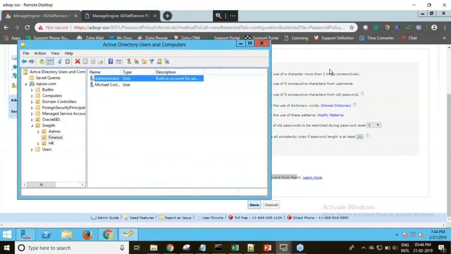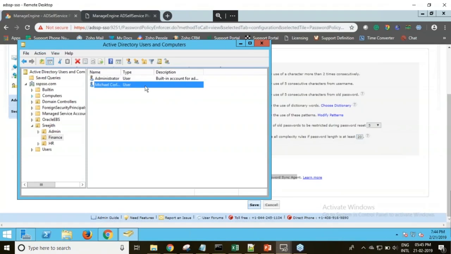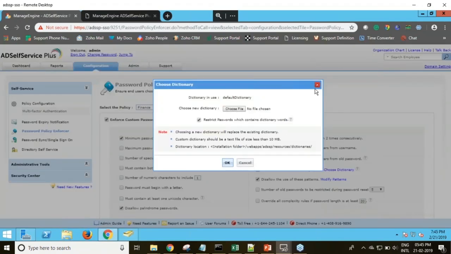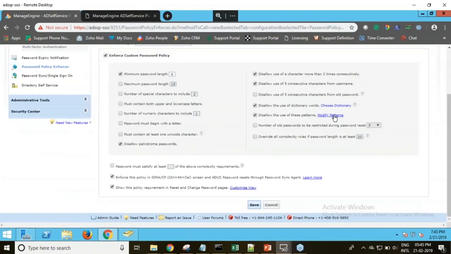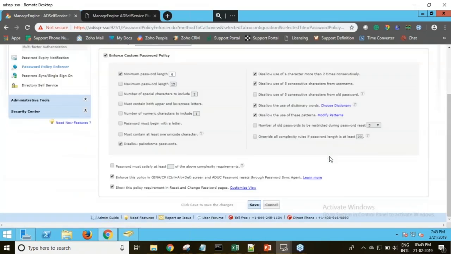Right from here, when I set up the password policy enforcer, I can ensure that even from here, you as an administrator cannot set up a weak password. I'll show that to you in action. So I've decided not to use dictionary words, and I've set up patterns, as you can see. Let me just put in a few quick words there to show this to you. All right, looks all done,